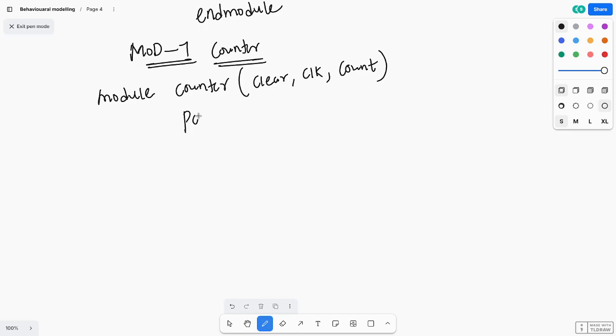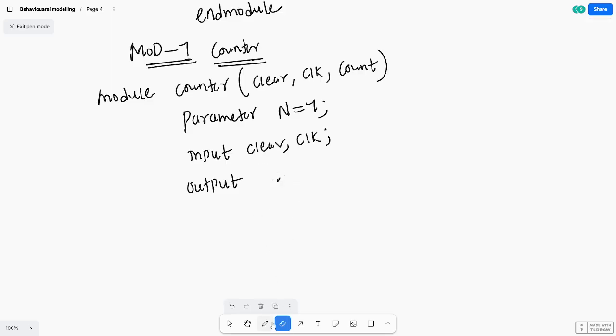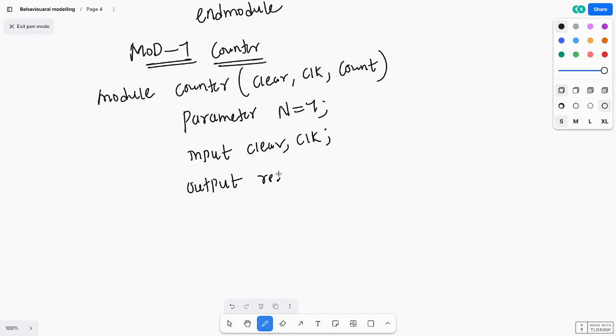Okay, I'm declaring a parameter, parameter n equal to 7, and input clear comma clock, and output I am declaring 7 down to 0. This is n. Output I need to declare with reg data type, n to 0, that is 7 down to 0,